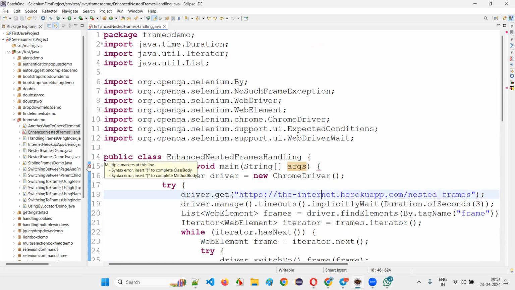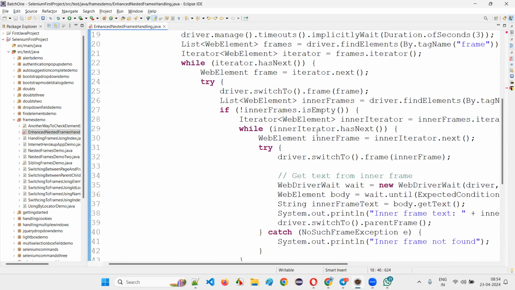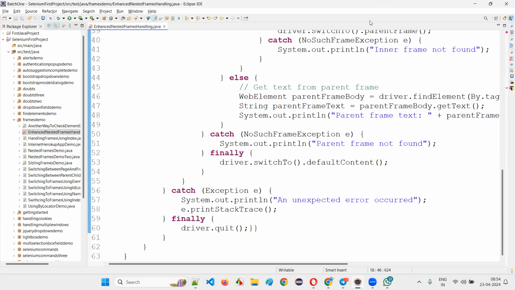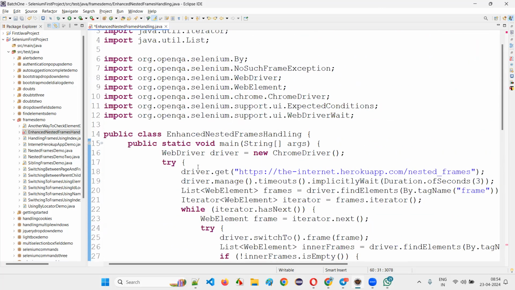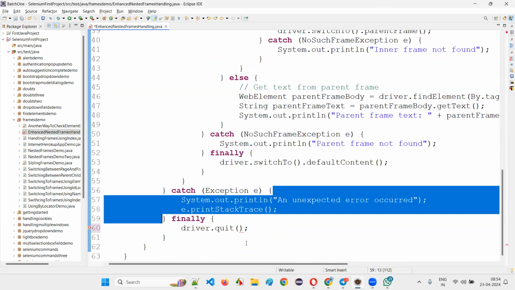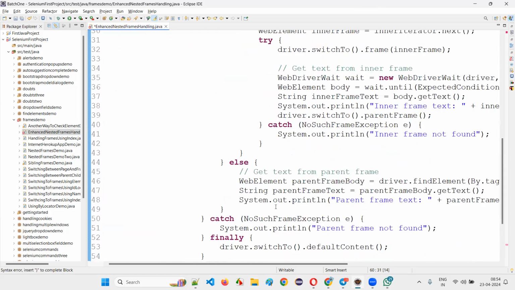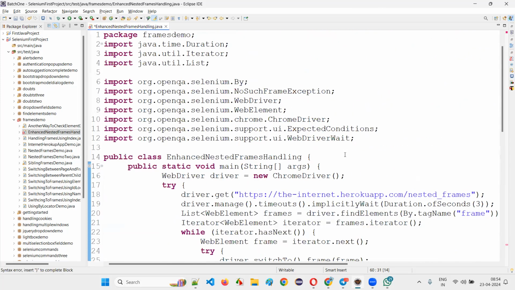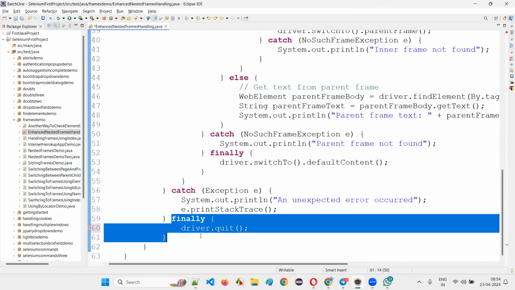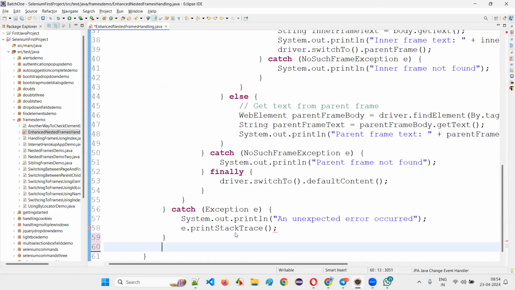Multiple markers. Syntax error, insert to close the class body, to close the method body. A typical problem we are at. I remove this, that's good. Try, catch, finally, all good. But if I say this one,